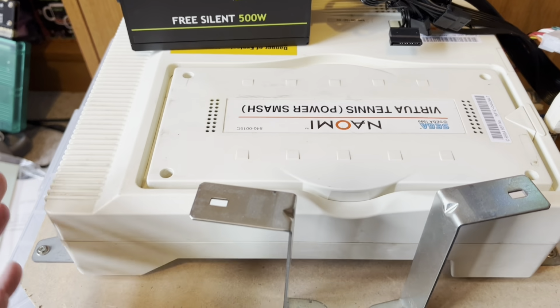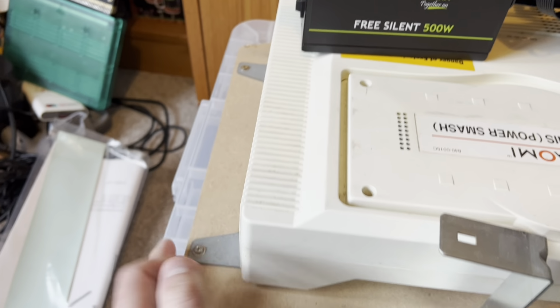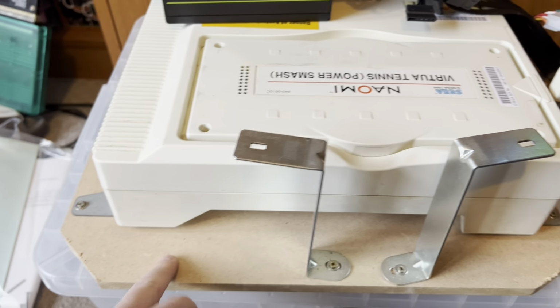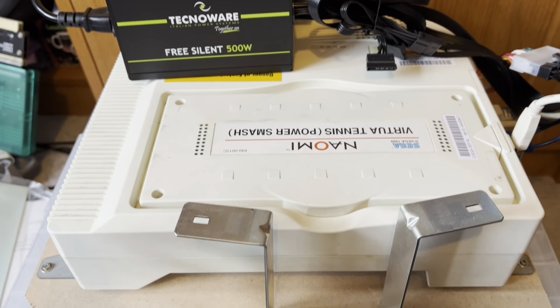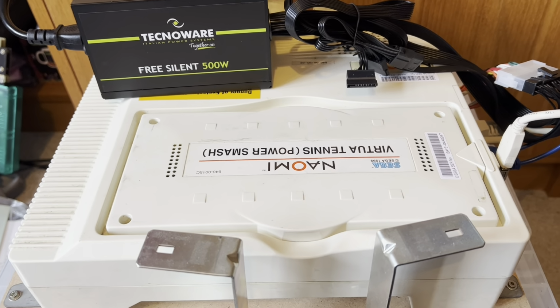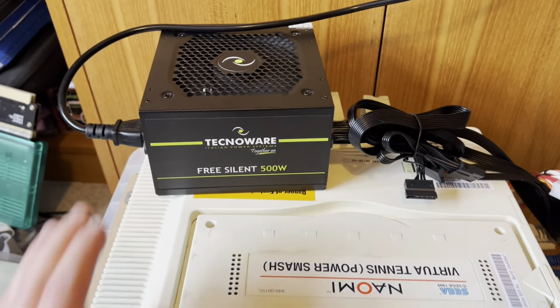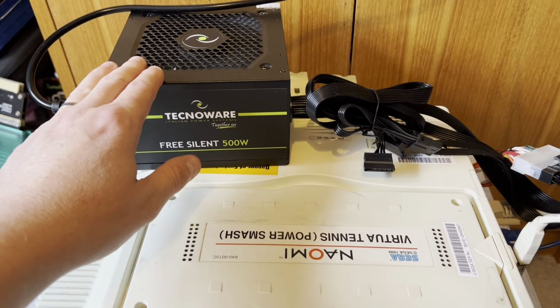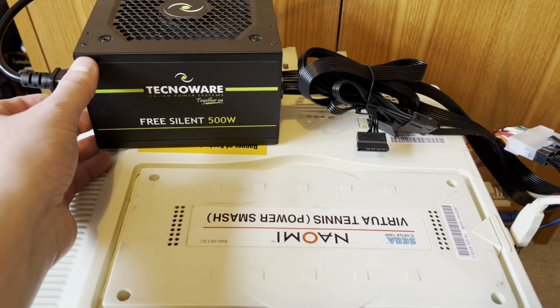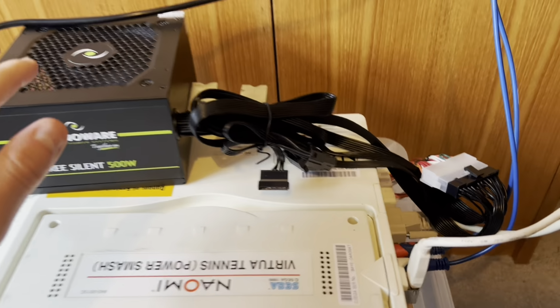So here is another Naomi board, and I'm not sure whether this was actually taken off the original Naomi cabinet. This is how I bought it many years ago, and I've really struggled to play this on a home setup. So we have absolute chaos going on here. So the board is currently being powered by a very nasty Amazon power supply, which I will swap out for a Corsair or something